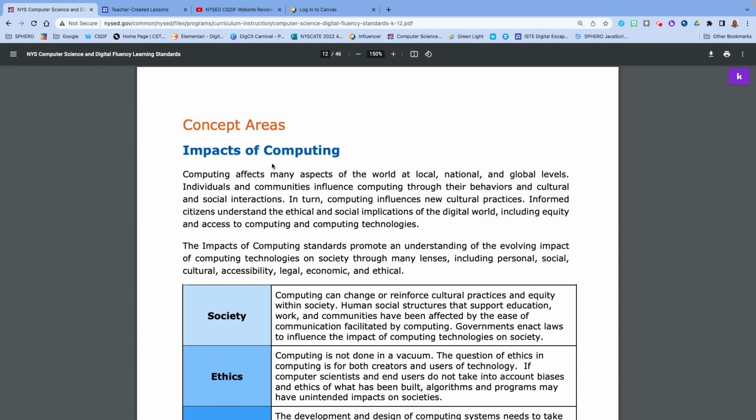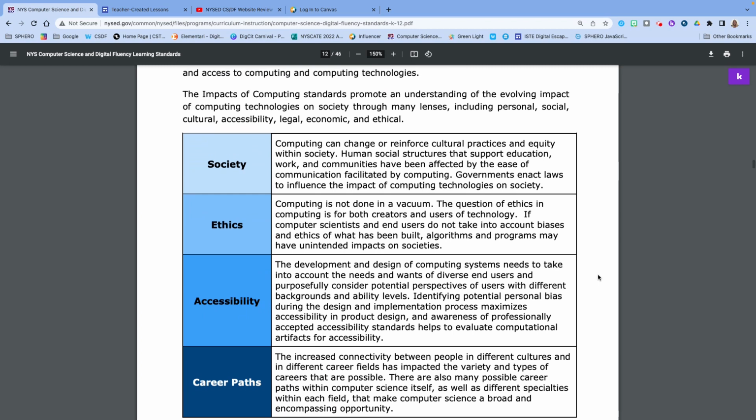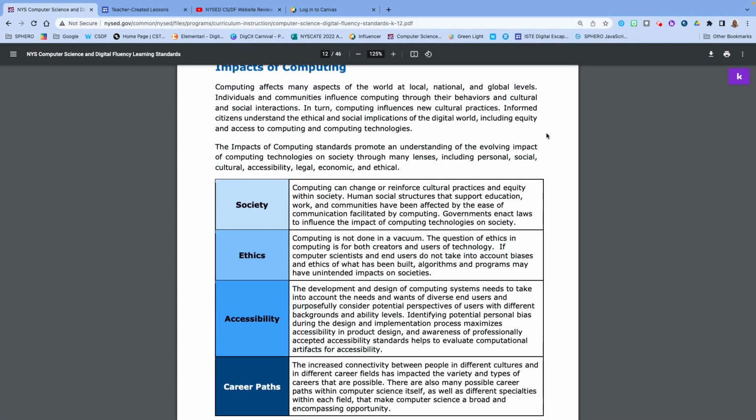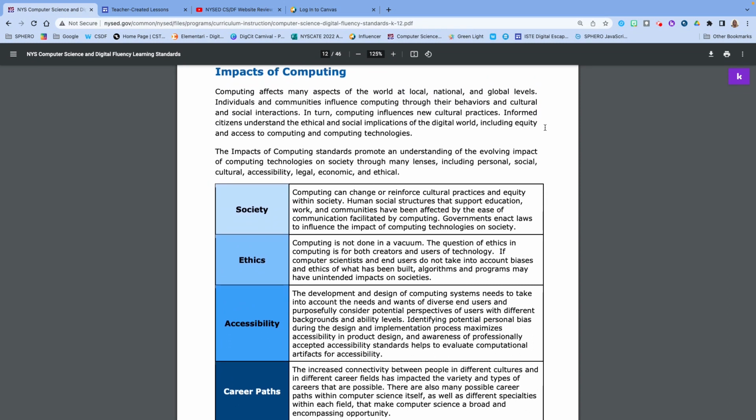So the first concept area is impacts of computing. Here we're going to be talking about 4 different areas where these standards lie, so 4 sub-concept areas within impacts of computing. So let's go through this and what we're talking about here. Impacts of computing is thinking about the fact that every time we use anything with technology, there are certain behaviors, there's certain cultural and social interactions. We have to think about equity, the implications, and even the ethics behind the build and the use of these